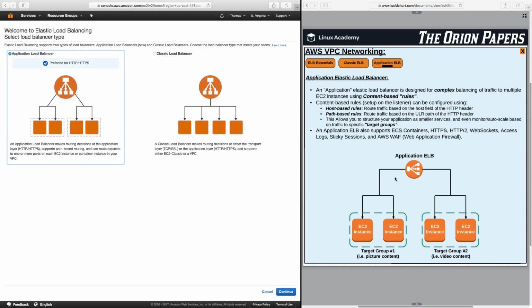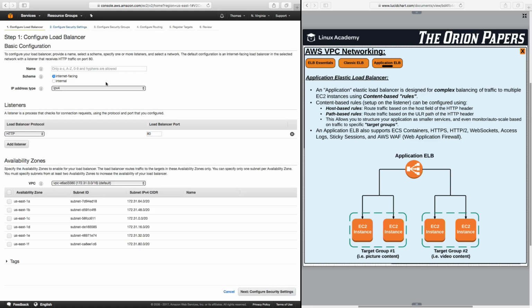So now we're going to create our application load balancer. Here, application load balancer, let's click on continue. Give this a name, I'll just call this application ELB. We want this to be internet facing because we're going to be serving traffic from the internet, not internal. For IP address, we'll keep IPv4, but you can select dual stack. That will create an elastic load balancer which can handle IPv4 or IPv6, but we'll just stay on